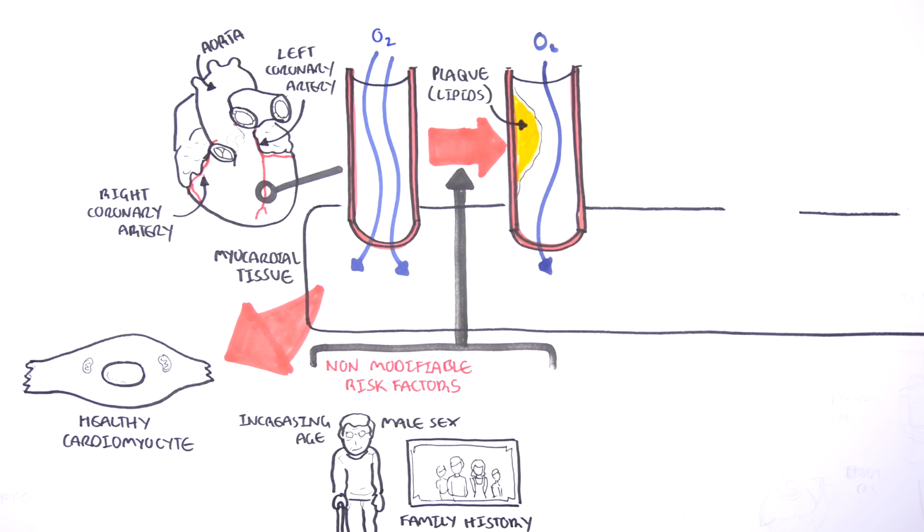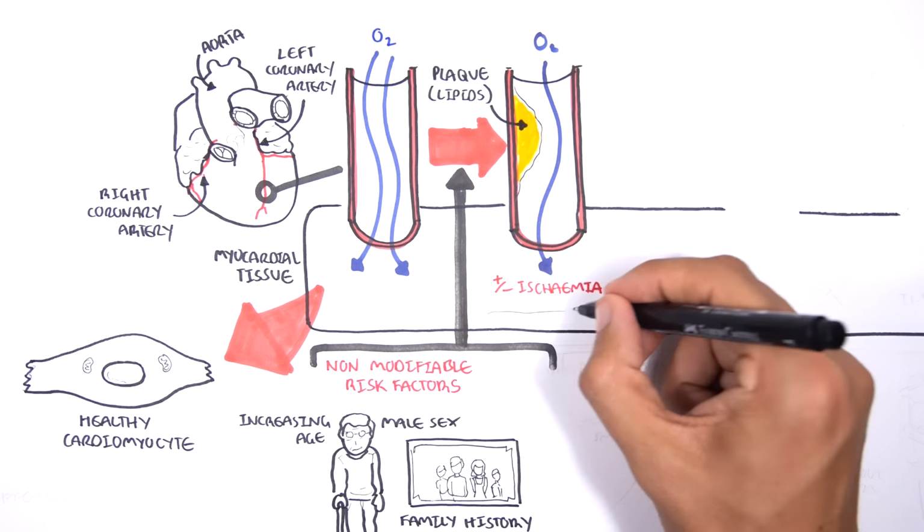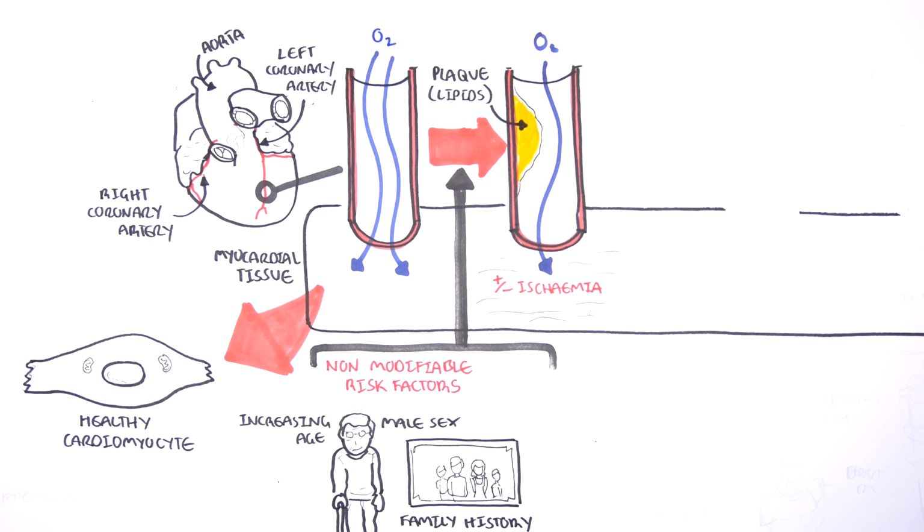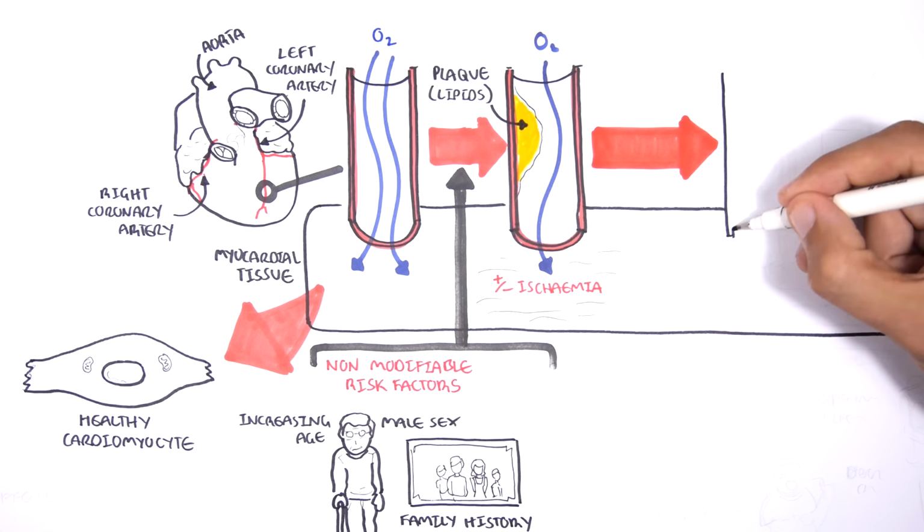This can cause symptoms such as angina, chest pain, when people are exerting themselves. This is because when you exert yourself, the heart needs more oxygen and so needs more blood supply. But because the vessels can't meet the demand of the heart, you get angina as a result. Angina can be either stable or unstable. In unstable, you have chest pain even when you're resting. And this is, of course, a lot more serious.